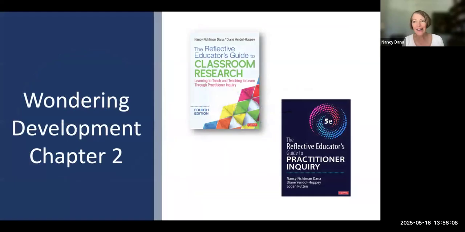One more plug for your book, the inquiry book that has been provided to you as a resource as a part of the PEPSA program. Developing a brainstormed list of wonderings is simply one exercise that you can do to help you develop a great question. In your book, once again in chapter 2, you won't just find examples of teachers finding their first wondering, like you saw with Debbie and with Stephanie.